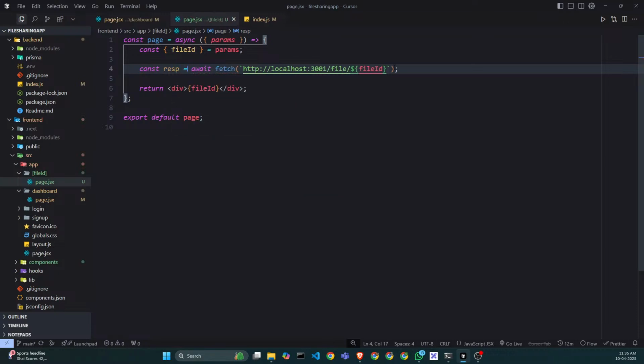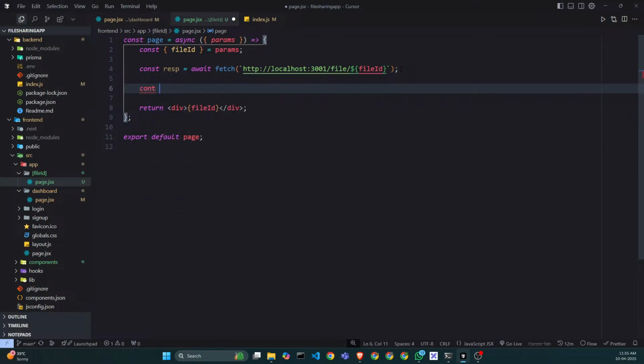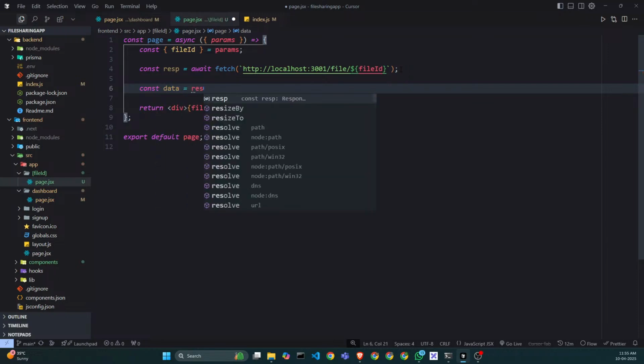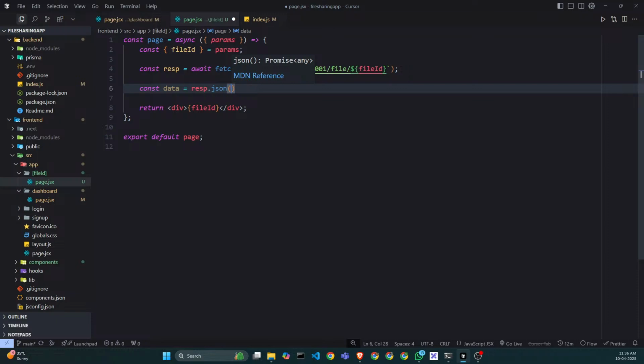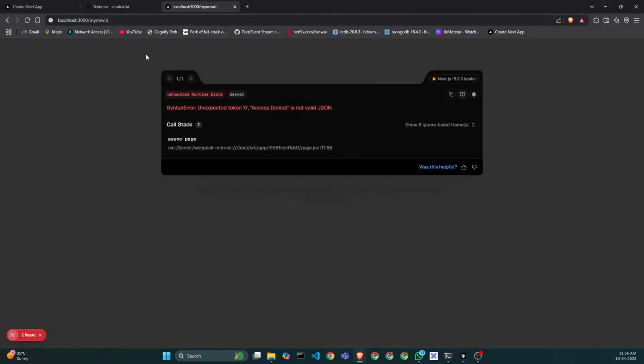Post response, right? Then response data will be response dot JSON. So here should also be a width, right? So what we will do? Data dot file. Show that. So what we'll do